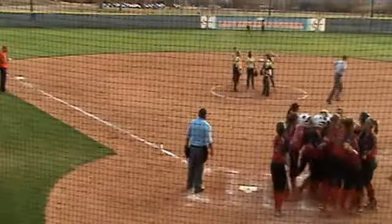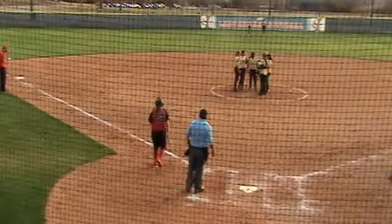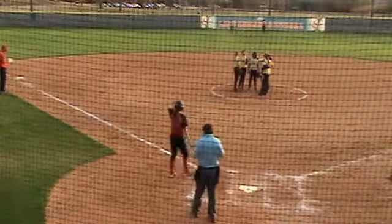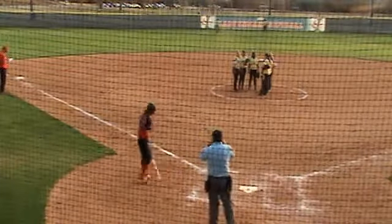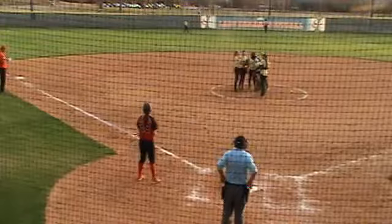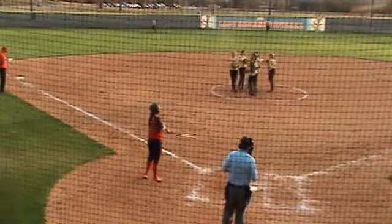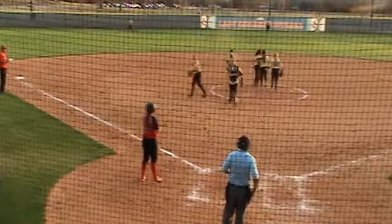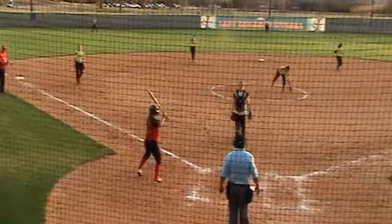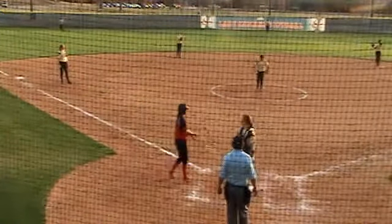And you talk about getting out of a slump. That was a big, big shot right there by Emily, as that was a no-doubter once she hit it to dead away center. I mean, she hammered that one. And the Indians, how about that? ICC actually has our first lead of the afternoon at 3-1. We scored 3 runs here in the bottom of the 6th. And Henderson